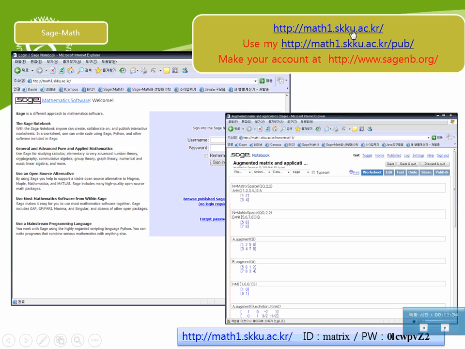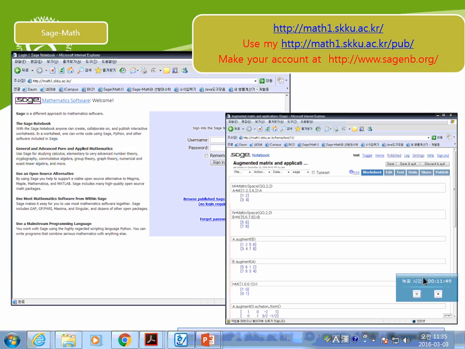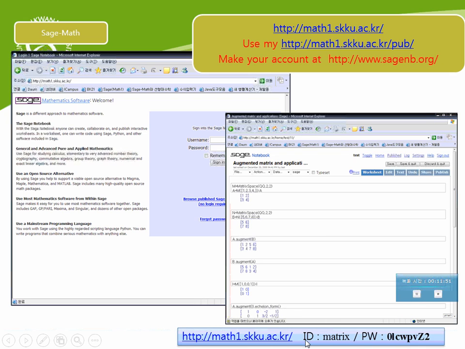And this is the outlook that you are going to see. Also, you can have your own ID and password. I will make one account here, so you can use it in this web address. With the ID and the matrix, and if you use this password, then you will be able to make changes there too. I expect one of you,